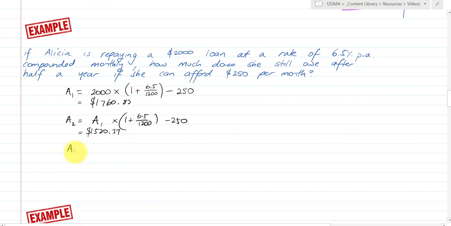Now A3 is my next term, and I've just pressed equals this time. I'm not going to write it down every time. And so equals gives me 1278.61, and I could obviously put that into the formula each time. A4 is equal to 1035.53. A5 is equal to 791.14, and A6 is equal to